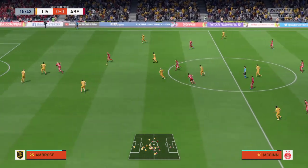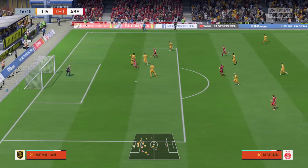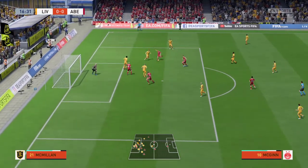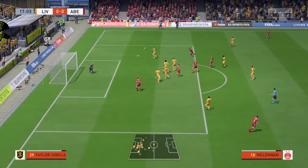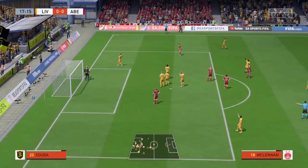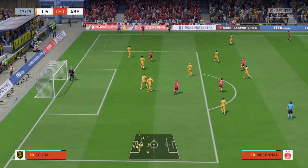Ambrose's pass is not a good one, and McGinn now has another shot at it. He's got Cosgrove trying to work his way into the box, but he could just pass it back. But instead goes for the shot. This time though, Kennedy, he's got a shot, and again it's blocked. And Livingston, well, they're putting bodies on the line, and it's definitely something that they're good at, but